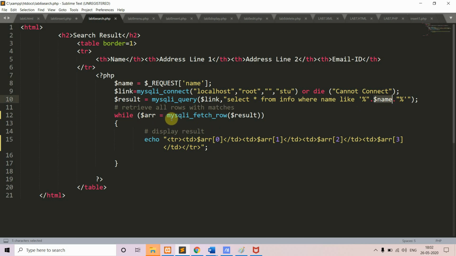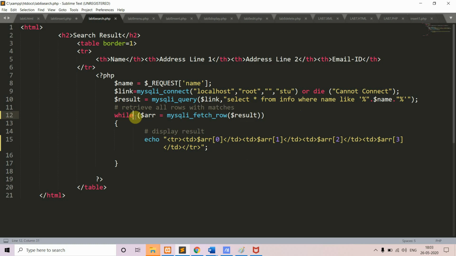Here what is happening? mysqli_fetch_row uses the result set as its parameter. Your select star from info gives you some rows with the same name, and that is stored in the variable result, or result set. You are going to fetch the rows from this result set and display them.